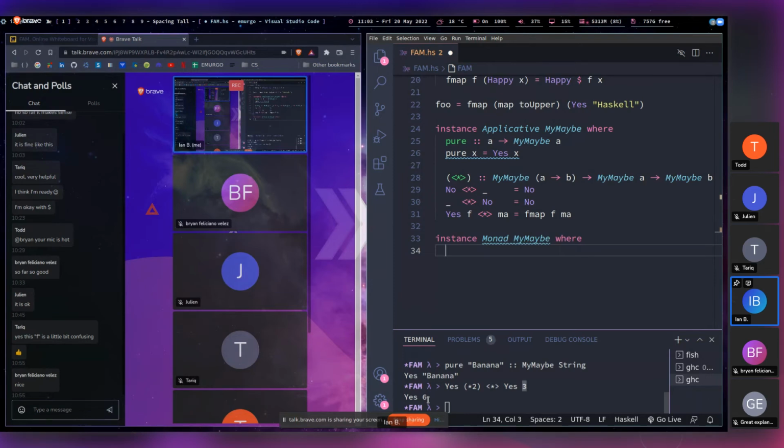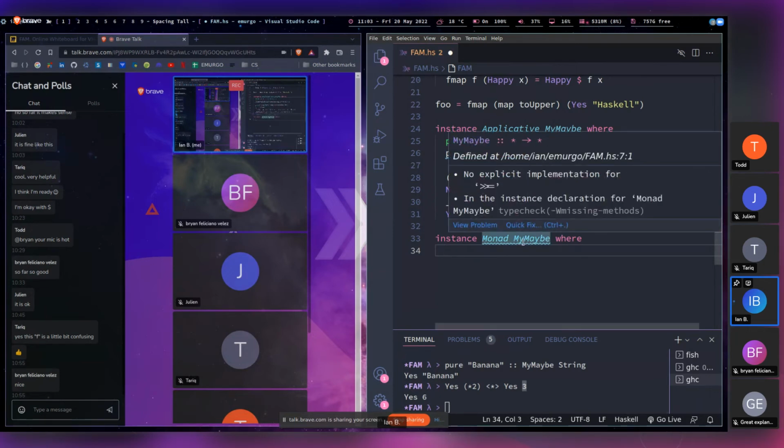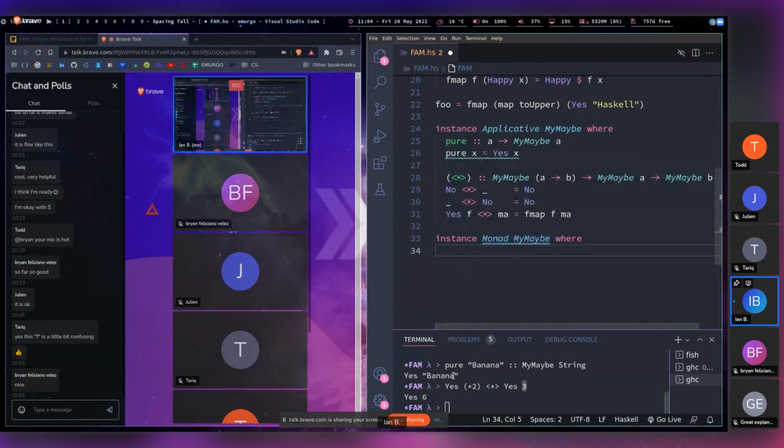Okay, so we've got two things that we need to define here in our instance. You used to need to define return here because monad was actually introduced before applicative, and then applicative was introduced later. So this is a comment that I made in class last time, that return and pure are basically the same thing. And return was providing that functionality that pure does in the applicative class, but it was part of the monad class. And then when they added applicatives, they renamed this pure and they moved it into the applicative class because,